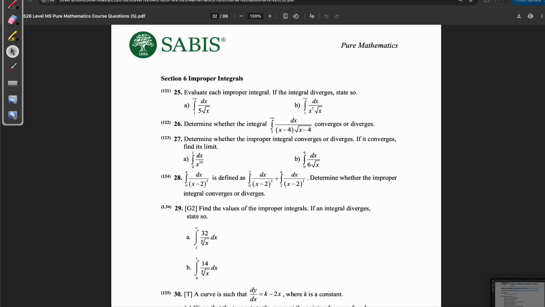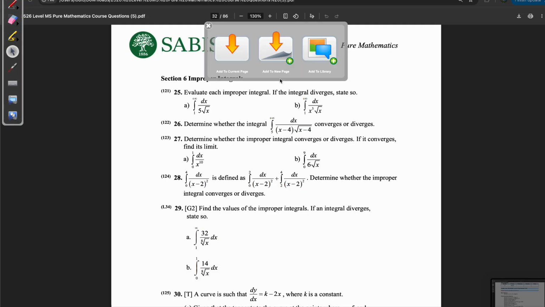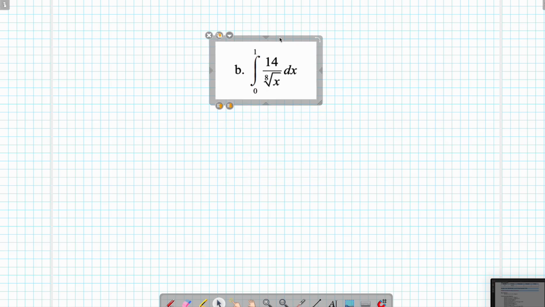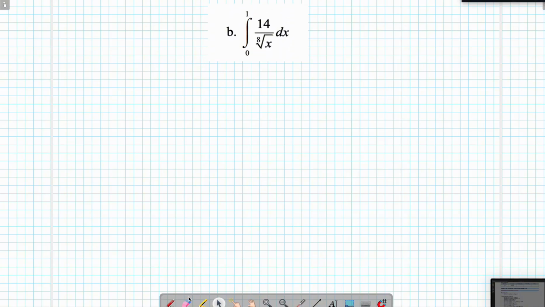Now for part B, they want us to check out 14 over the 8th root of x. Again, you can do the same thing. Limit, but in this case we cannot have 0 in the denominator, so we're going to do all of this again. I think I told you guys this before, since it's from 0 to 1, we need to take a number in between, so we'll take 0 plus, right? Limit as c goes to 0 plus